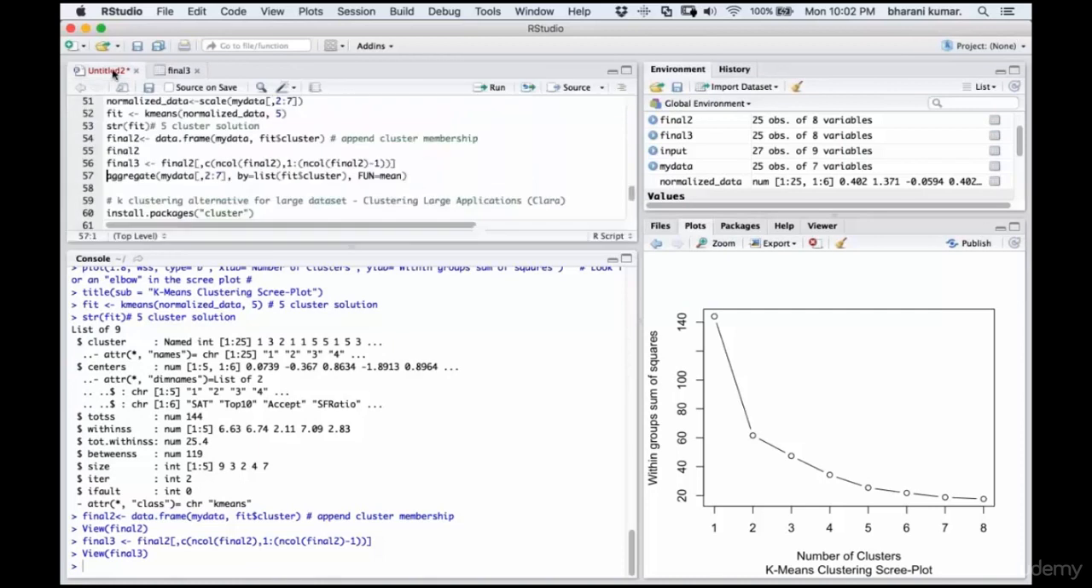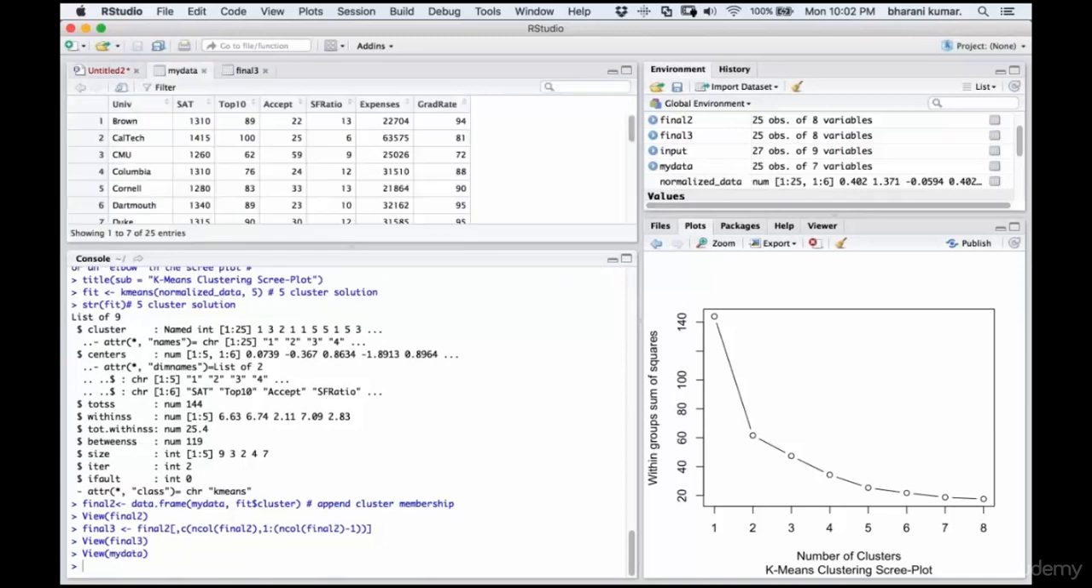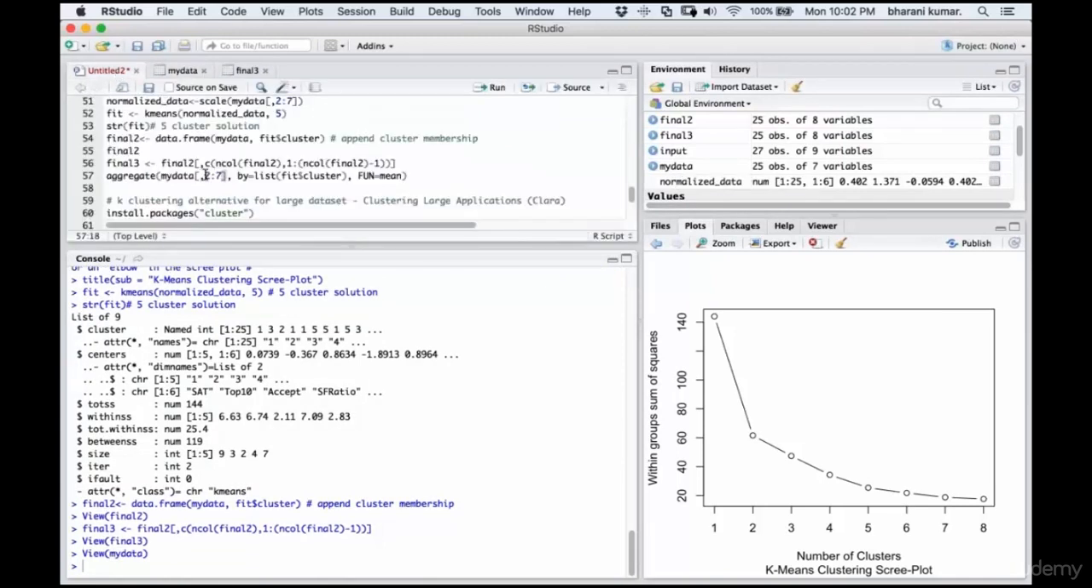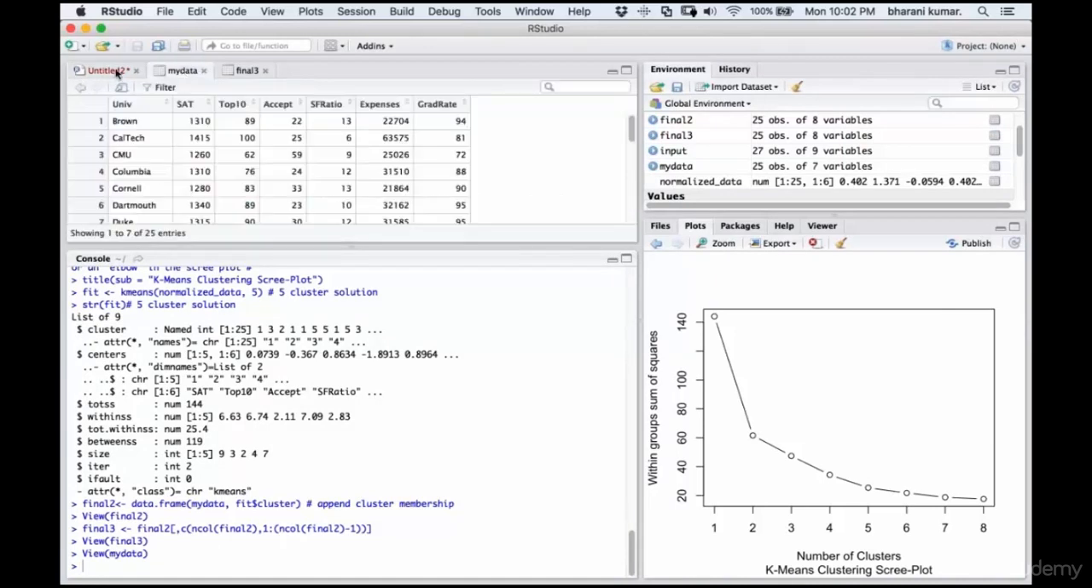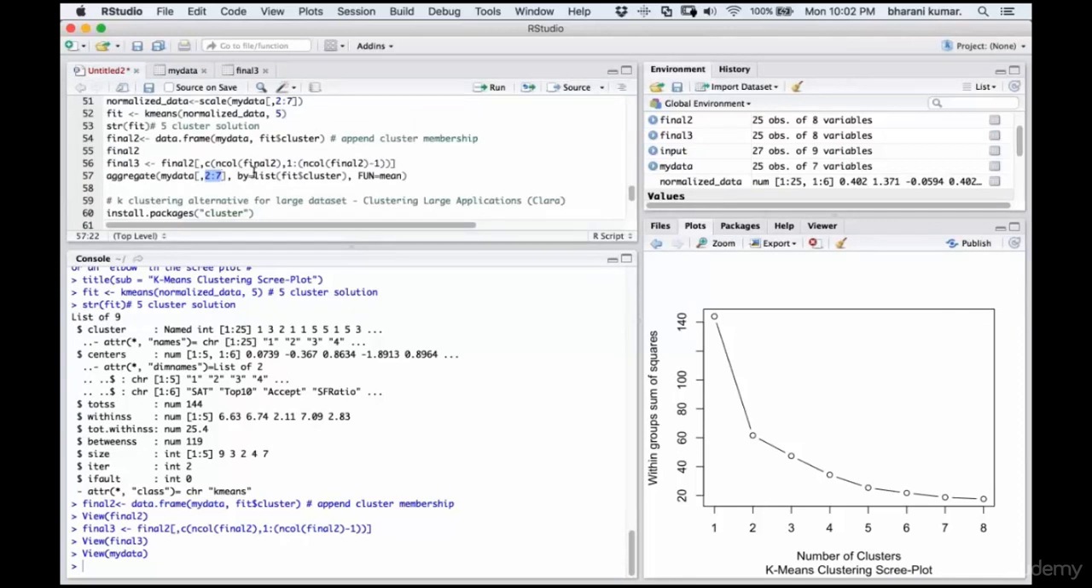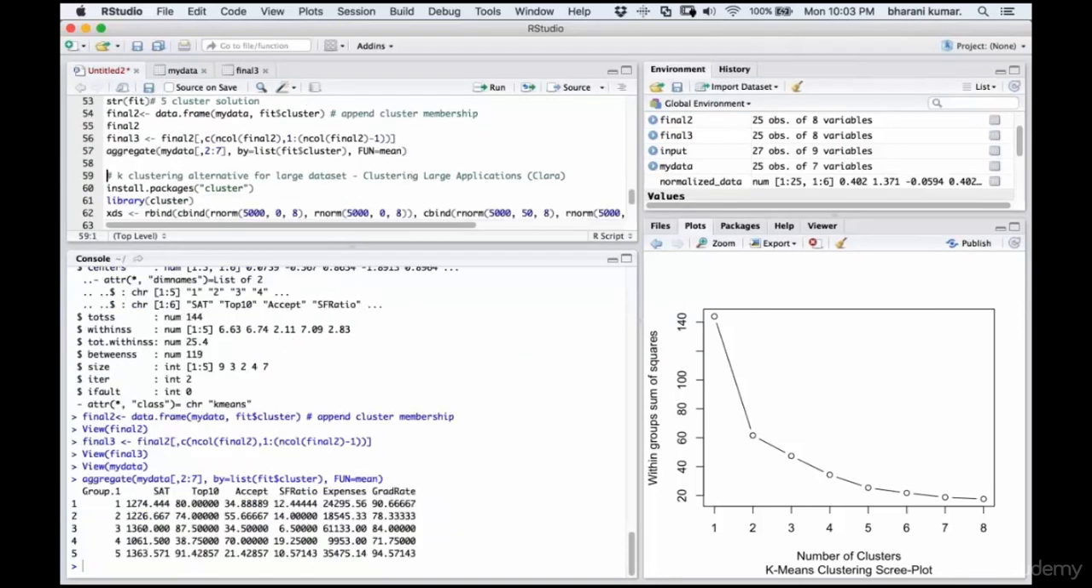And now on this final3, where you have this cluster name just beside the university name, I'm going to aggregate the data. Now look at what happens. I'm trying to aggregate all the rows of my data. I'm trying to aggregate all the rows, and I want to consider the second to 7th column, needless to say, because the first column is the university name. And I want to list it based on fit$cluster. Your fit$cluster would have the university name. So I want to list it by that. And the function that I want to use is mean. I want to aggregate using mean. And if I run this, you see here